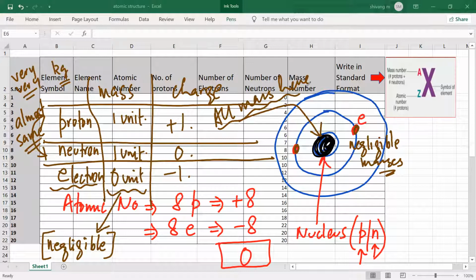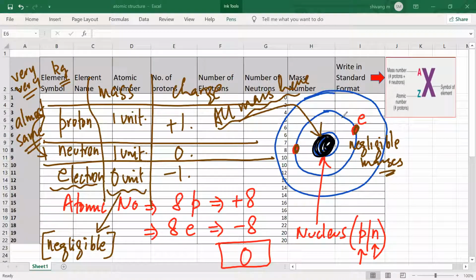Yes, sir. So basically, Satya, we need to understand two properties of an atom. One is the mass and one is the charge. Are we clear? Yes, sir. And all the information that we require about the atom of any element, we have the periodic table and we can consult that, and then we can have the required information from the periodic table. Mr. Satya, are we clear about this?